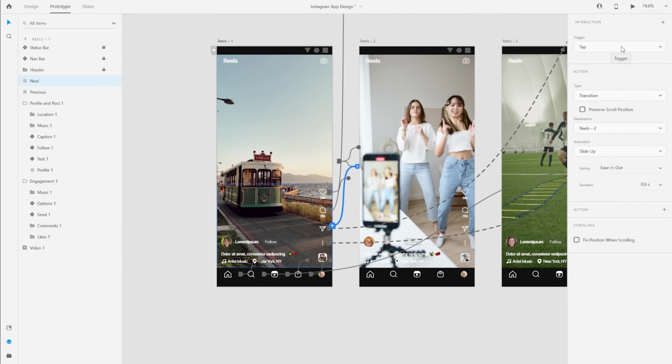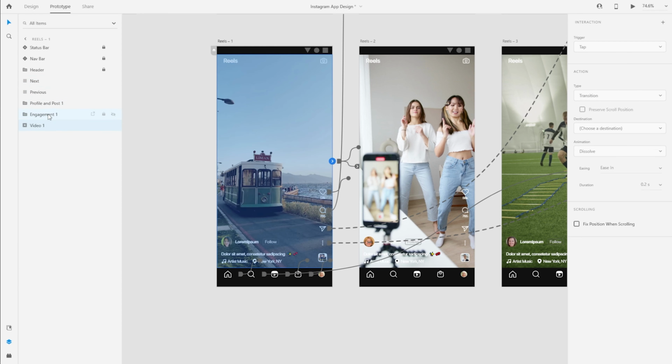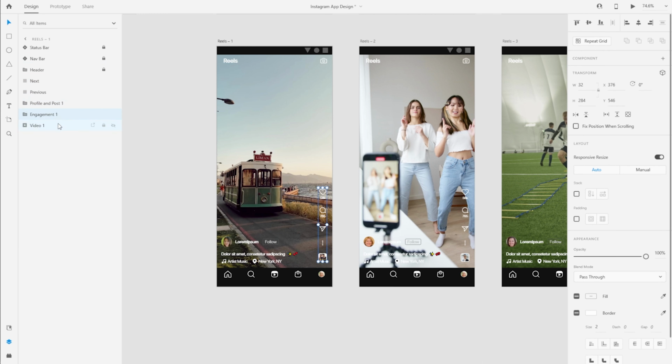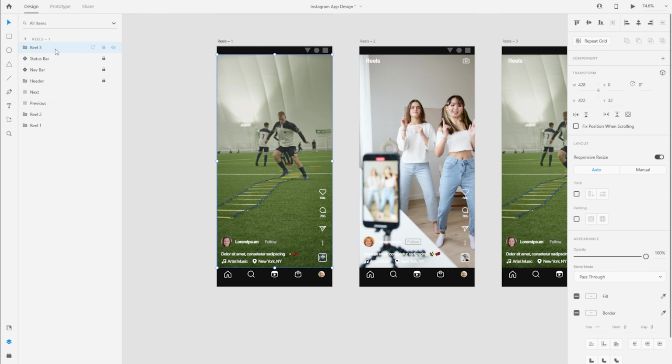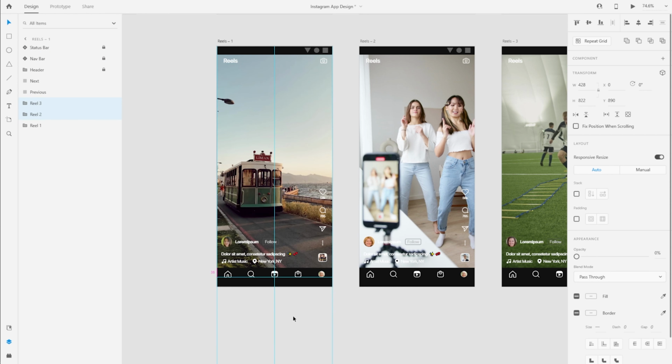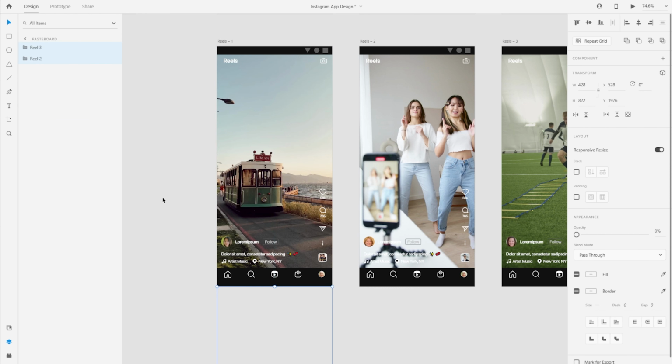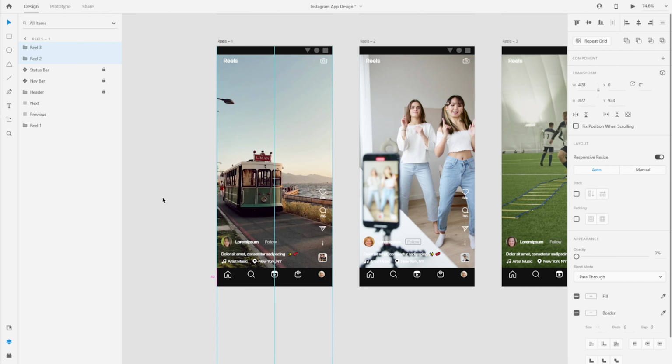But what I did in my reels is, since the tap trigger is going to be auto animate, I'm going to copy my second and the third reel video onto my first screen and arrange it on the layers panel as reel 1, reel 2 and reel 3. So you can think of this as reel 1 being on the bottom of the stack, reel 2 on top of that, and then reel 3 on top of all of those. I'm going to arrange those as if reel 1, 2 and 3 were stacked together from top to bottom.